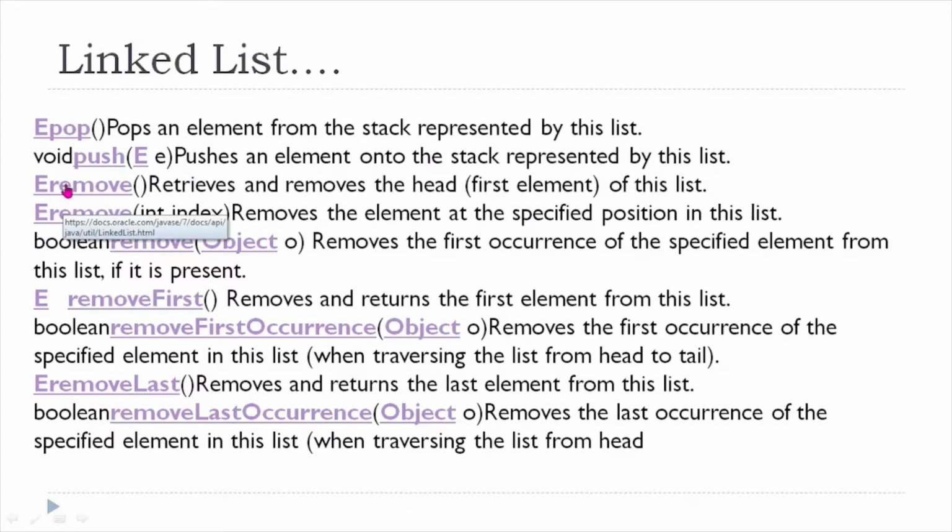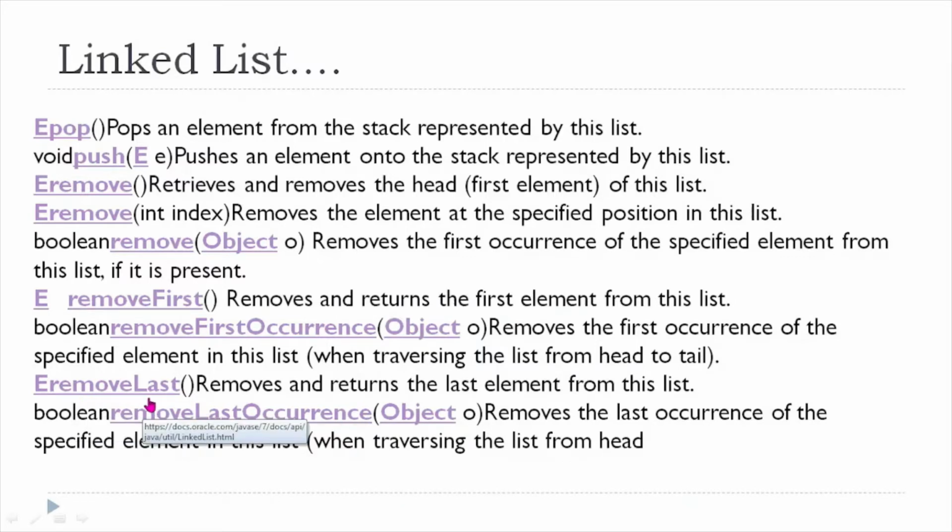Pop will retrieve one element, and remove will remove and retrieve. Remove first occurrence of an object will simply remove the first occurrence, and the linked list may have a number of duplicate items too. So this will remove the last item.